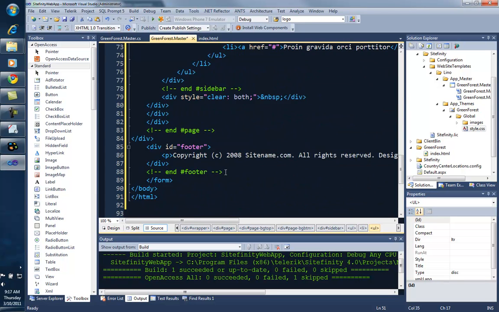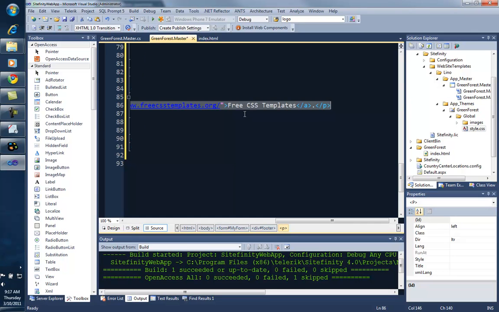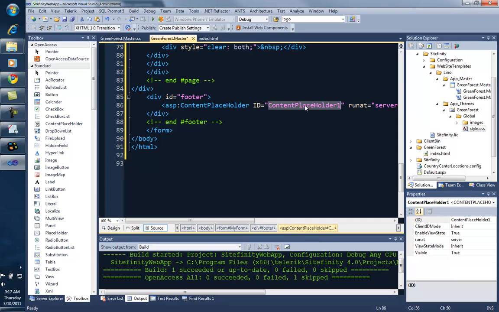One of the things that I like to do also, the footer, instead of having to touch the master page later on: never leave footers looking like this in templates. You want to actually make this manageable from inside of Sitefinity itself. So if I come in here and delete this, and I create my own content placeholder for the footer and call this one footer, I will be able to manage. So I'm done, as a matter of fact. At this point, I can save this greenforest.master, and now my Lino template has the master page and has all